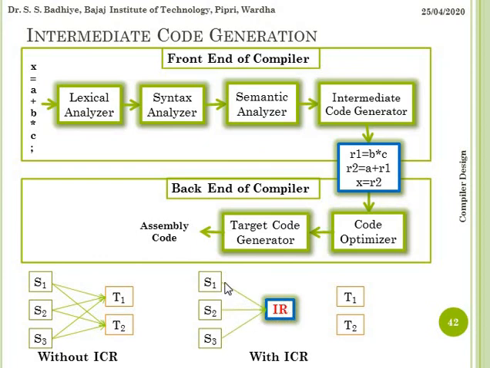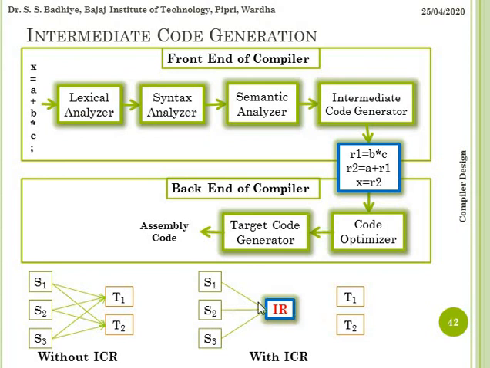So for that purpose we'll write three front ends obviously. Now these front ends will be used to convert to a particular intermediate representation. For S1 we'll write one front end for converting it to IR, a particular representation. For S2 we'll write another code to convert it to IR, and for S3 another code to convert it to a particular IR, right? So in this way we'll be writing three front ends only, right?